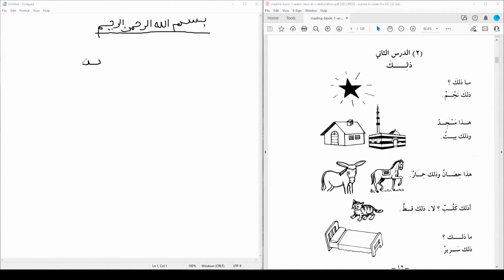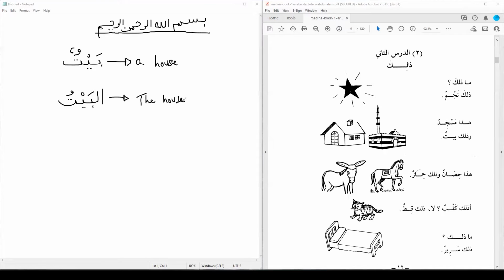If a word, for example, ends in tanween, baytun, this tanween is a sign that it's indefinite, yani it's undefined. So you would translate this as a house. And if you add alif wa lam, it becomes defined, definite. So al-baytu becomes